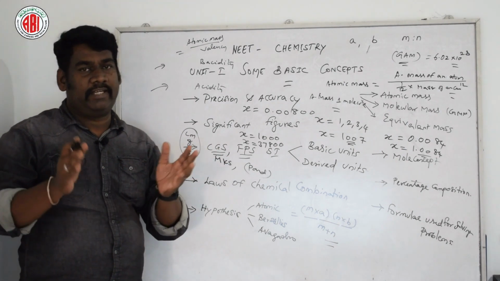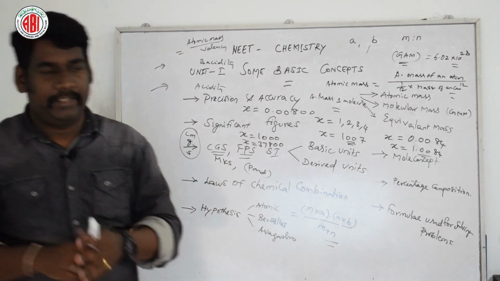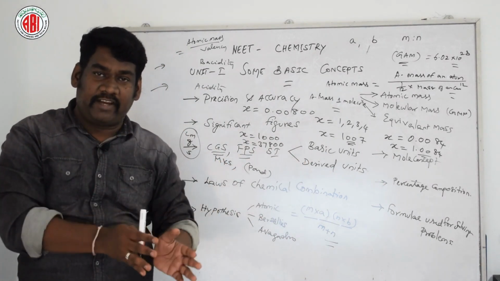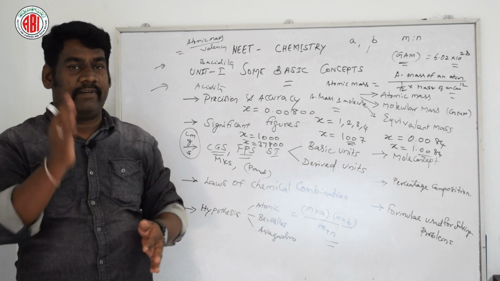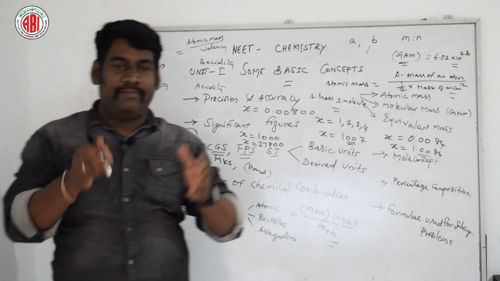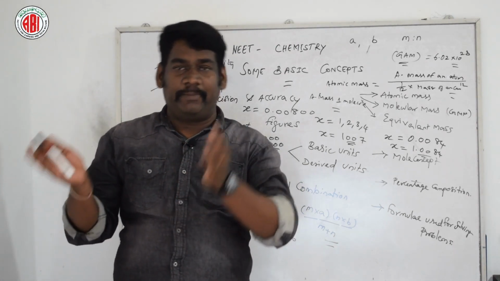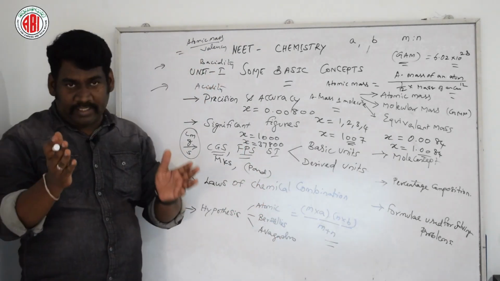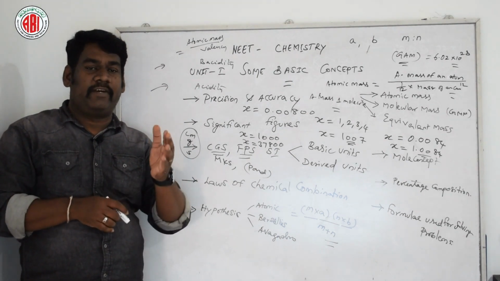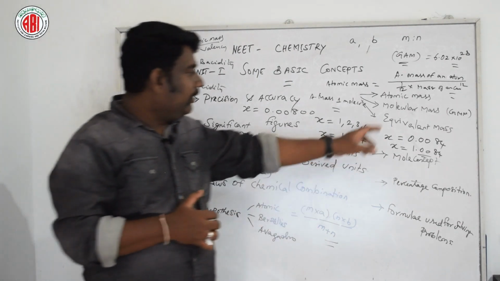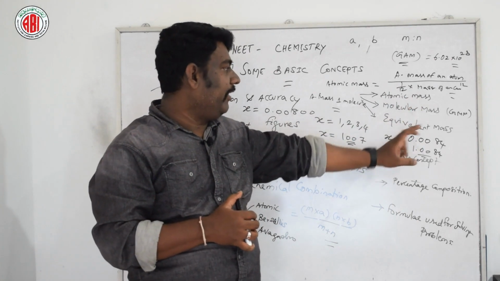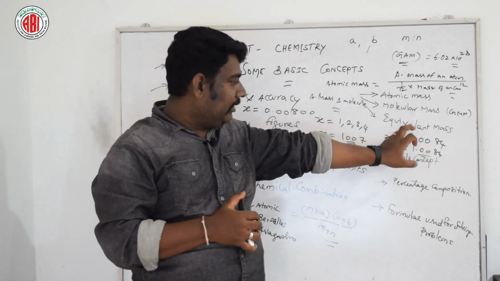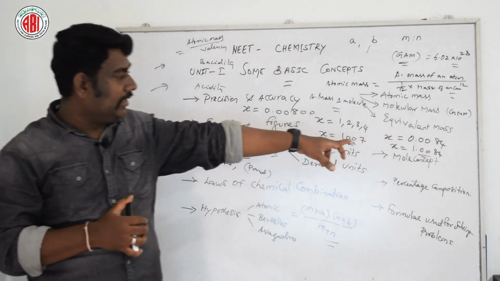So that we are using for the hydrogen displacement method. Similarly, for the oxide formation method, we consider the mass of the metal by mass of oxygen into 8. And similarly, for the chloride formation method, the mass of the metal by mass of chlorine into 35.5. In that way, we can write for the chloride formation method the different concepts, like atomic mass, molecular mass, equivalent mass, gram atomic mass, then gram molecular mass, then again equivalent mass, which we discussed in detail.